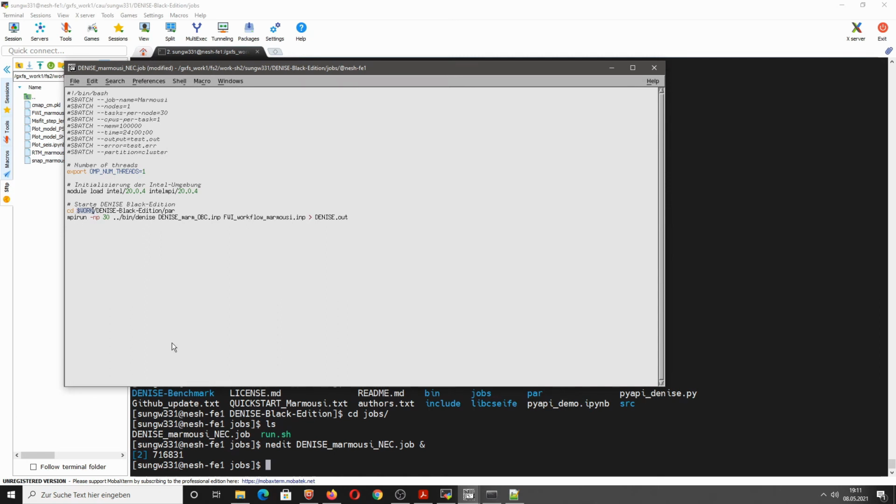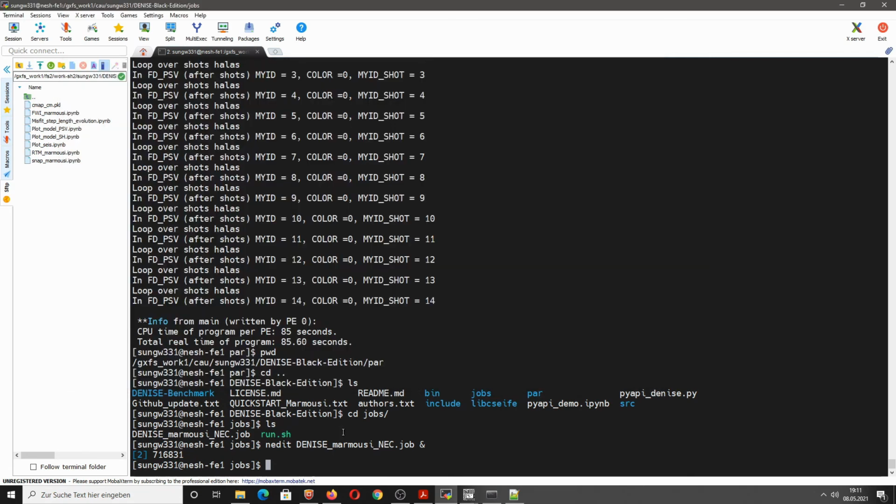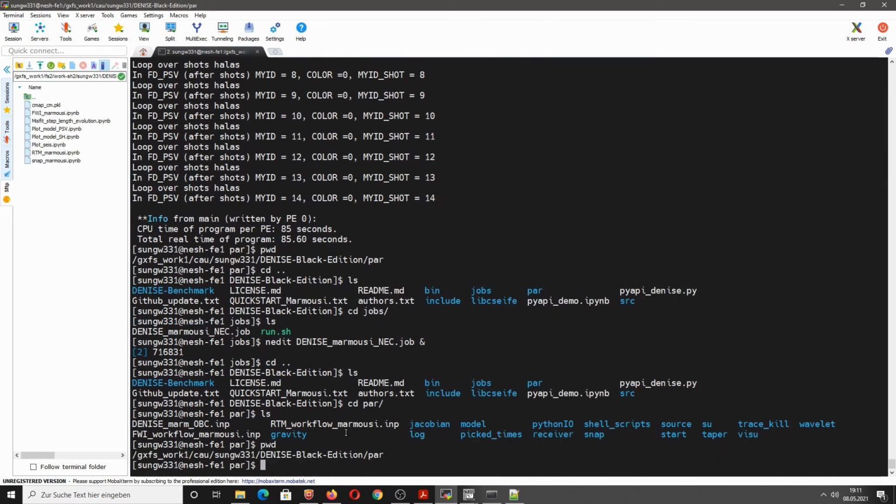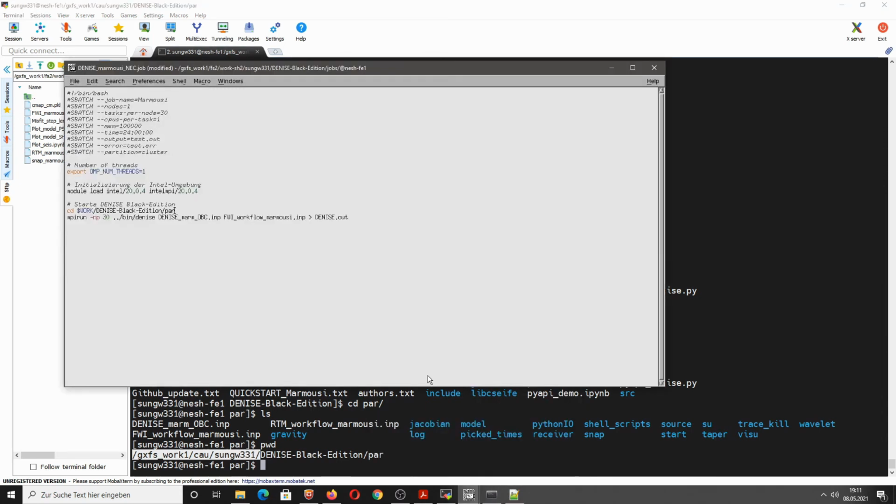But you can use this work link and then use this Denise Black Edition /par. In this case, this should be correct, but you have to check it for your case. So you don't have to use the whole description of the path, but you can replace this part simply by the work subscript here.